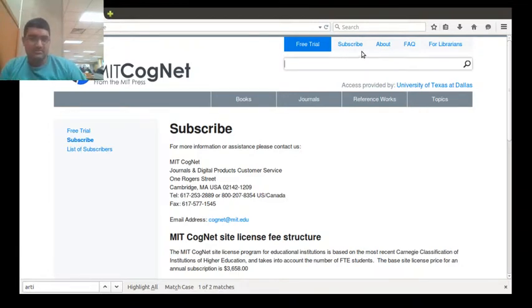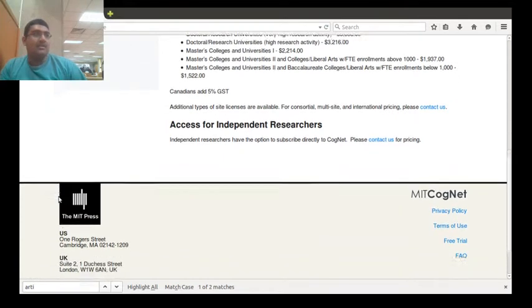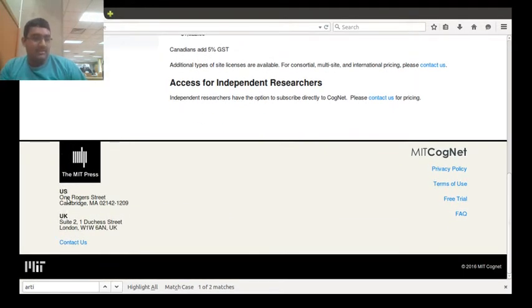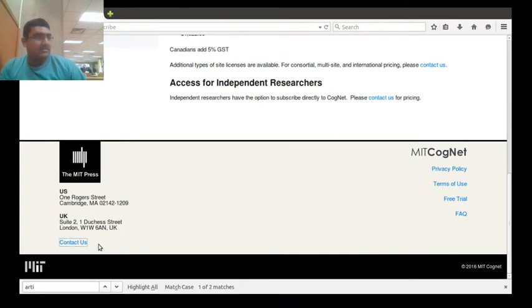But if there's anything that would help improve this experience for you when using this website? Well, now that you mention it, even though it gives the addresses for the MIT Press in the UK and US, you could probably make your contact number explicit, because sometimes it may give an email address like that instead of a contact. You could put this underneath the US or the UK address, so we can see it, because sometimes when you click on a link, something may not show up.